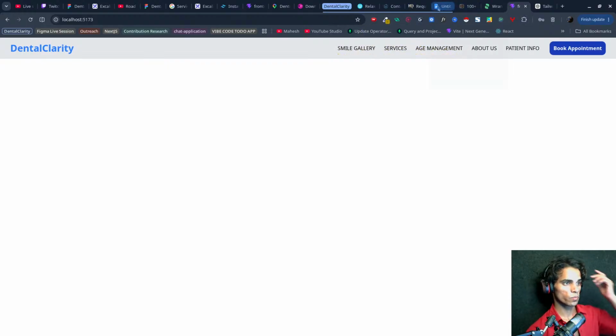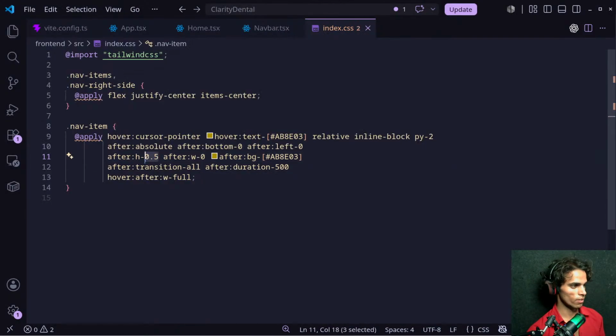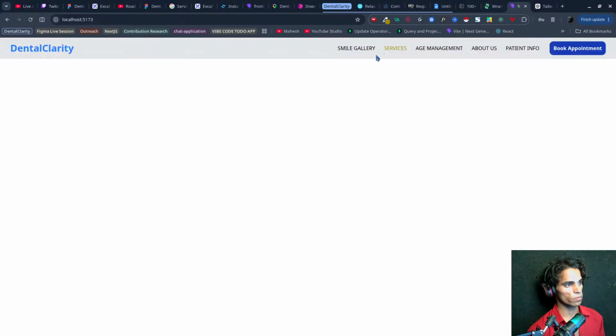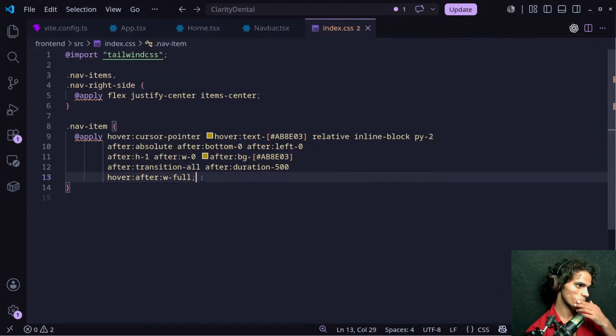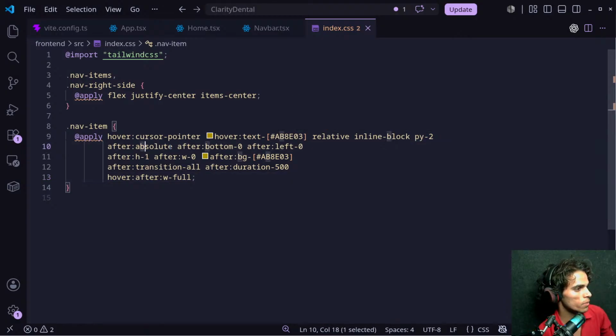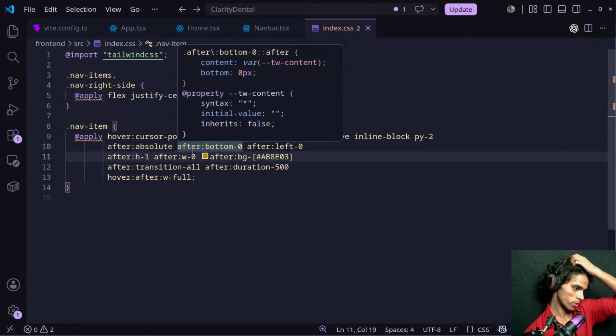Okay, so we can also increase its width. Okay, no, height, by the way, because if we see it there, the height of this is a little bit more, so I would like to give it 1 and now see how it looks now. Should we give it relative, inline block, and after absolute, after bottom 0, after left 0, and height will be this, after width will be this.